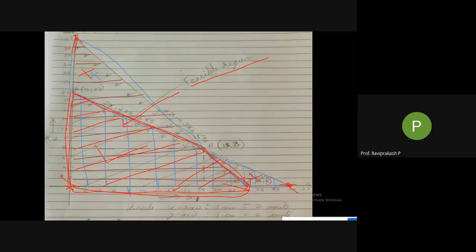So here A is there, I have marked the point. B is there, I have marked the point. How? By taking a straight line down, or a straight line on the horizontal side. So we are getting 2 points here. One is on the x-axis, which is 18, and on the y-axis it is 8.